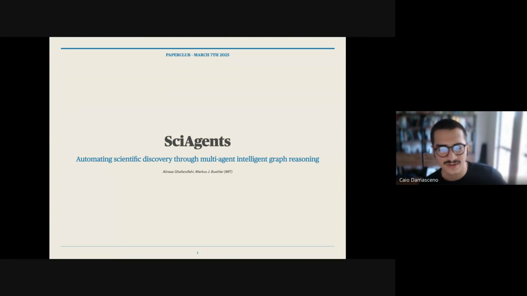I'm back here to present this paper for us to discuss, and it's called SciAgents, and it proposes a framework for automating scientific discovery.